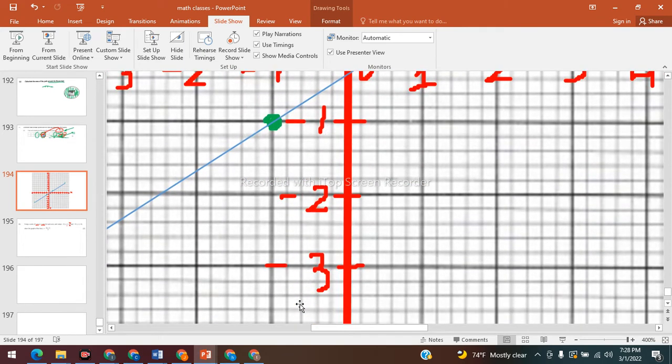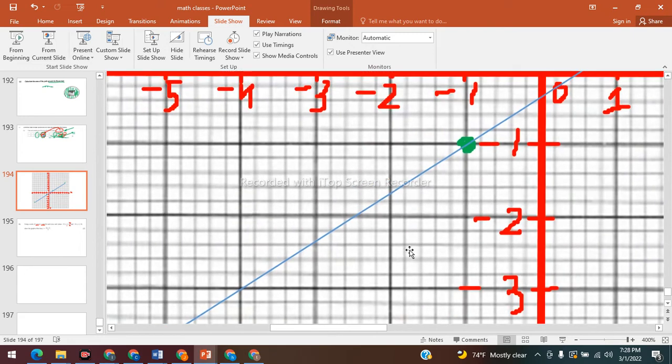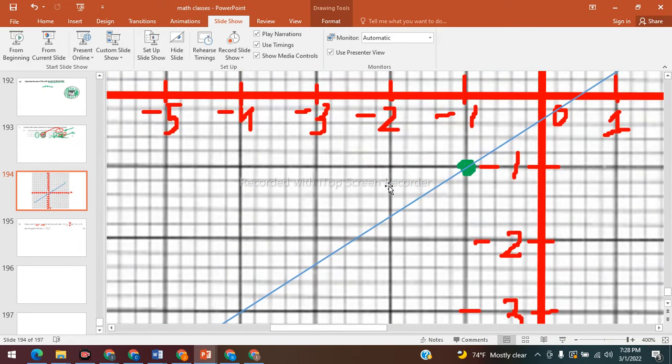So where does the 2.5 lie? We're looking for 2.5, negative 2.5 and 2. So this is negative 2.5 and 2. So somewhere here. Right there, right? Because if we move it from 2 to 3, this is 1, 2, 3, 4.